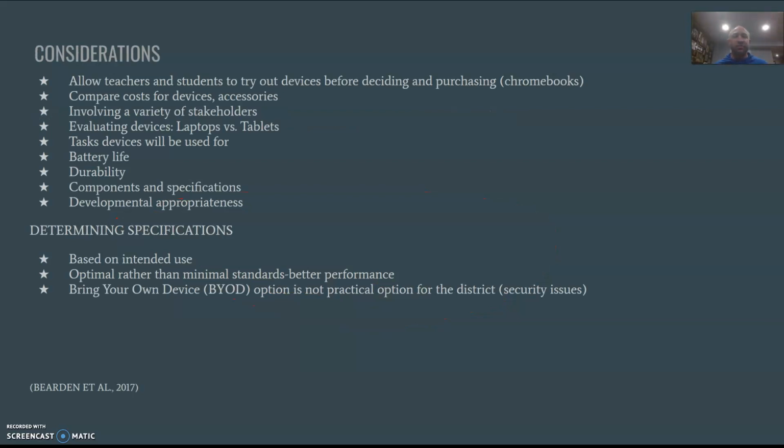Considerations to make sure when we allow teachers and students to try devices before deciding and purchasing. When those iPads were purchased one-on-one, there was no really trying out the device prior to. Looking at going into the future, we've purchased a lot of laptops for 3rd through 12th grade, but now we're